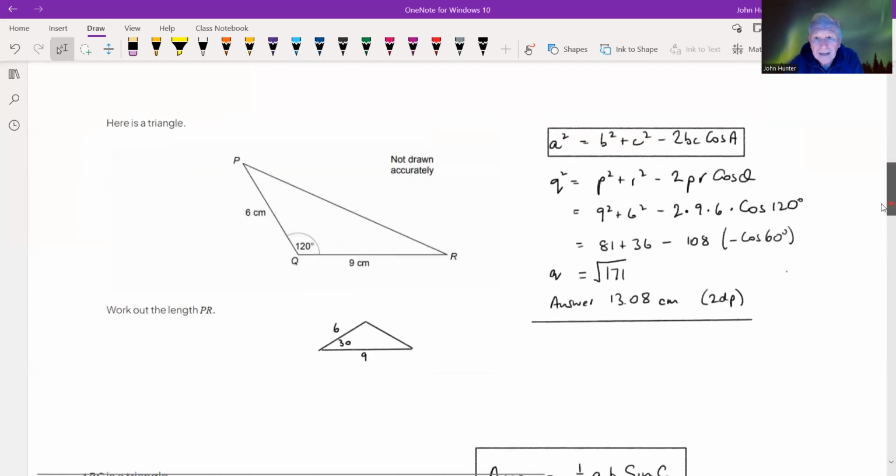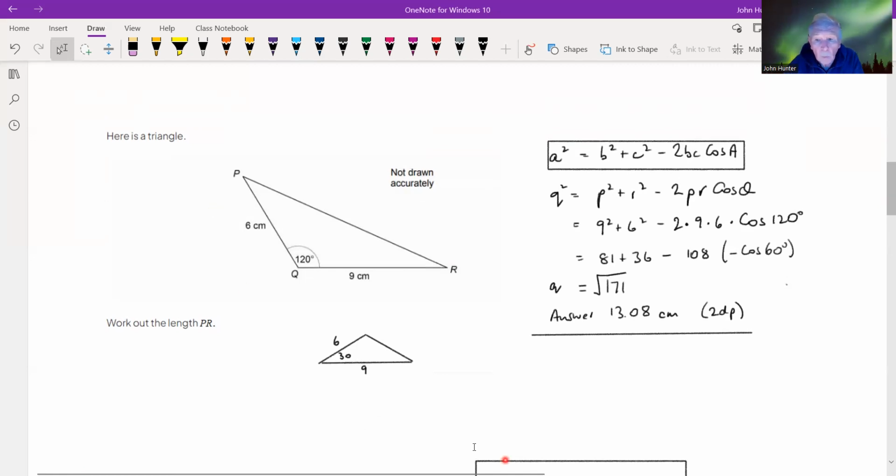So this now is an example with an obtuse angle. So we're just going through the same process again. We've got Q's and P's and R's, and instead of A's and B's and C's. So we adapt our formula here like this, substituting our values. The cosine of 120 is actually the same as the negative of cosine of angle 60. I mean, it won't matter if you just plug it into your calculator anyway. And we will find from that